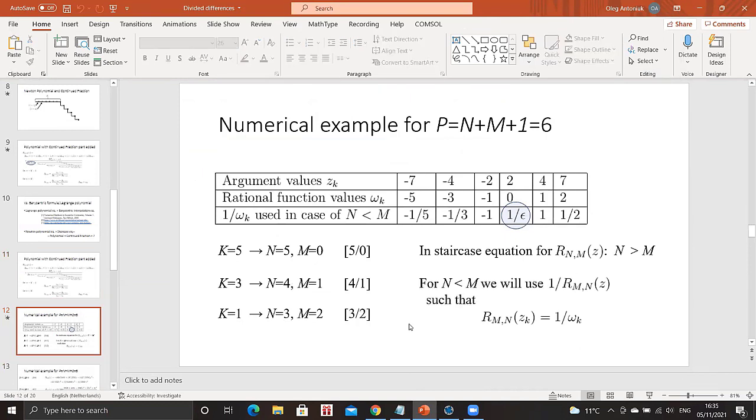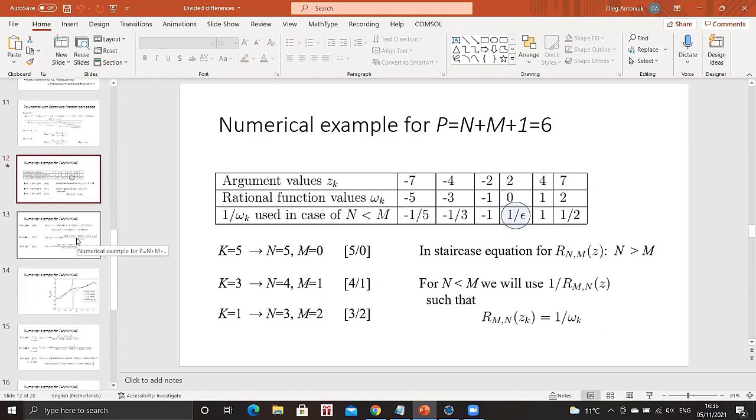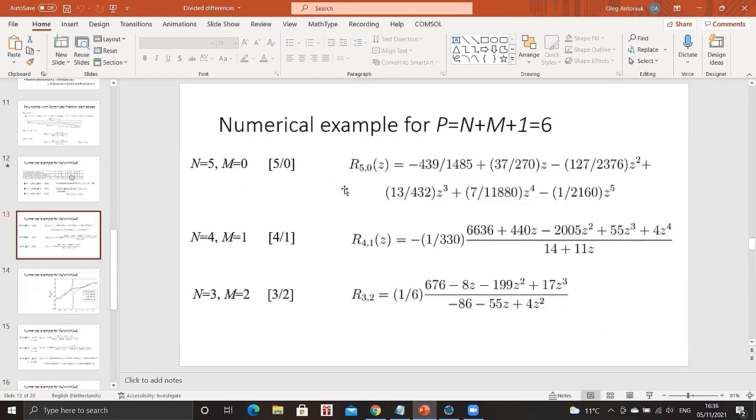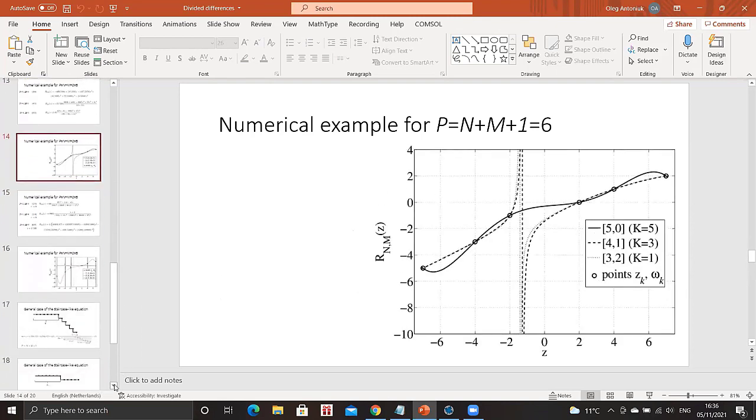So the only thing I did not figure out yet is how to make the order of the numerator less than the order of the denominator. The only possible trick would be to define inverse functions that take inverse values, for example. So that would be a way to cover it. And indeed, I just tried these values, and the formula gave me the answers for all those functions: 5, 0, 4, 1, 3, 2, and 2, 3, 1, 4, 0, 5. And they all seem to do what they should do, to take the right values at the right values of